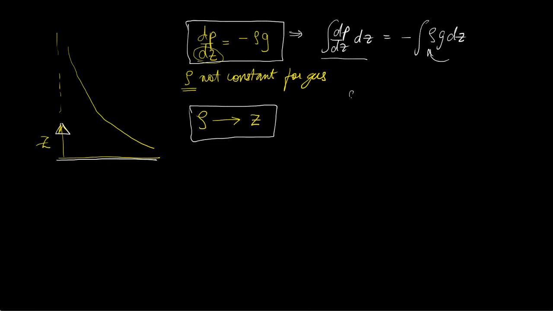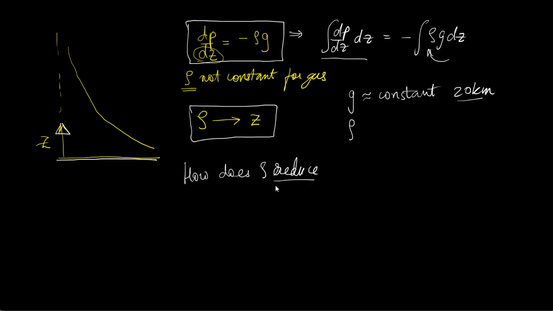We have already discussed yesterday that g remains more or less constant even up to a height of say 20 kilometers. But rho is in fact not a constant, rho reduces. So how does rho reduce? Now instead of explicitly specifying how rho reduces with z, we can say that as the pressure reduces,